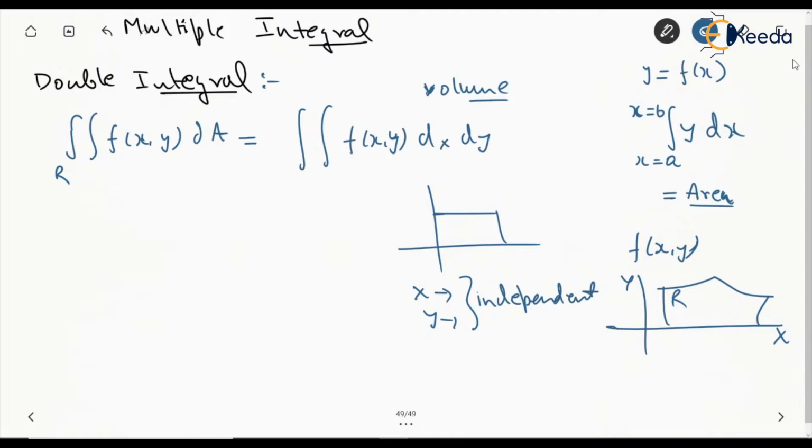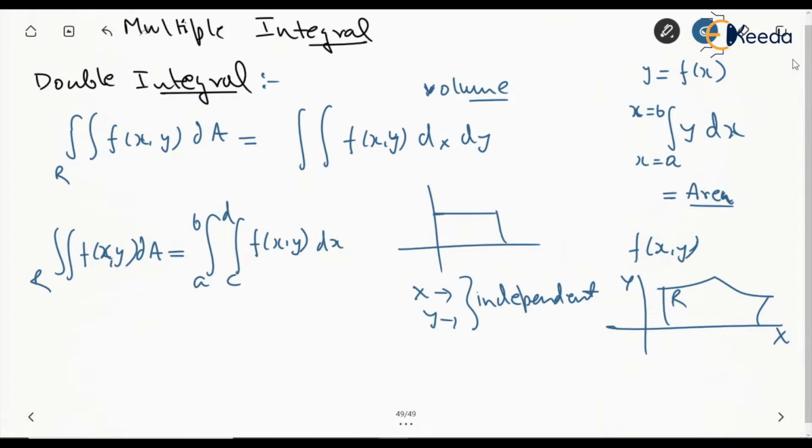Then this double integration over R of f of x y dA can be given as, let's say the limits are a to b and c to d, for f of x y dx dy. Of course, the order of integration can also be reversed, and it can be given as f of x y dy dx. The limits will also be reversed, a to b and c to d.